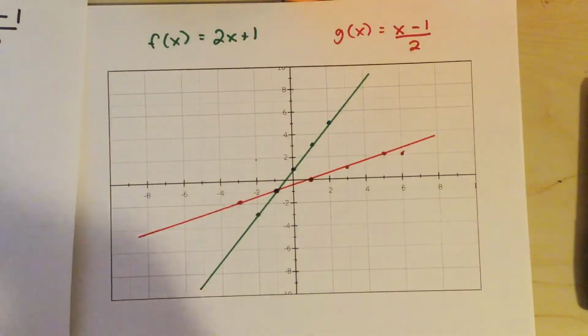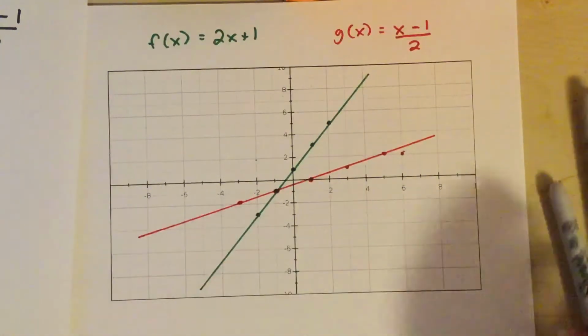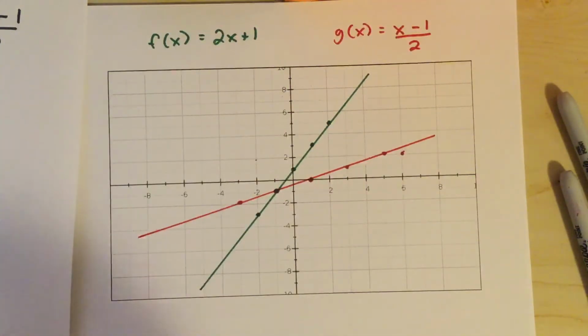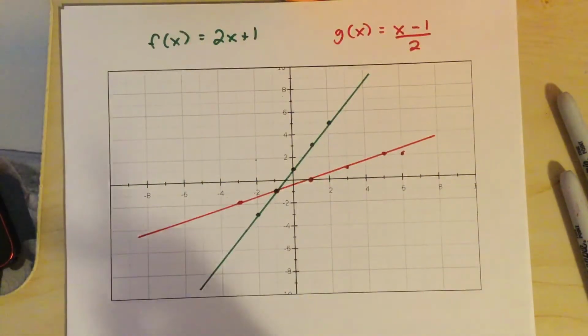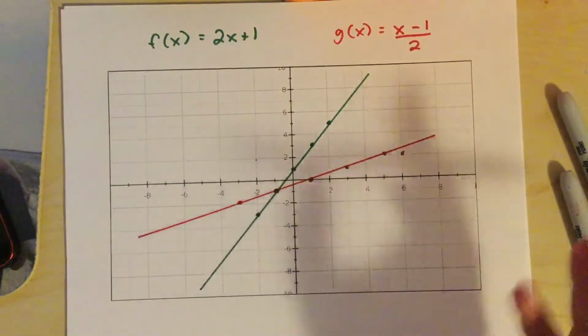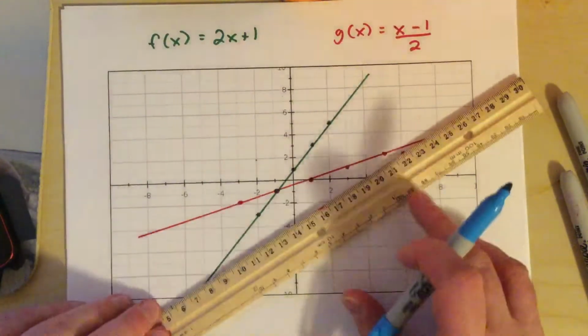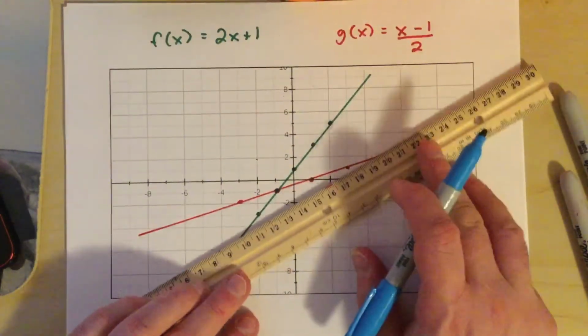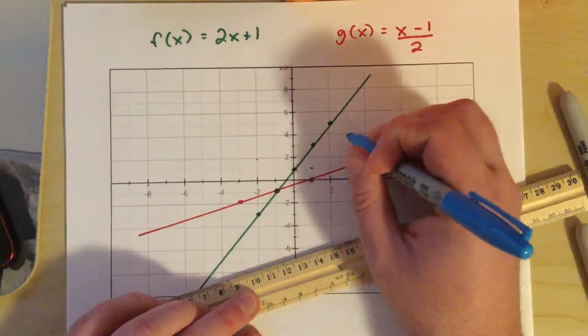In terms of graphically, what kind of transformation does the inverse have? What's the relation to each other? And it turns out that the relation is interesting. The relation is that it's actually a reflection, but it's not a reflection like we've seen before. It's not a reflection over the x-axis or the y-axis. It's actually a reflection over